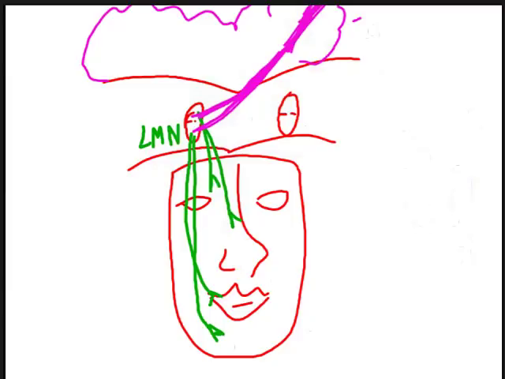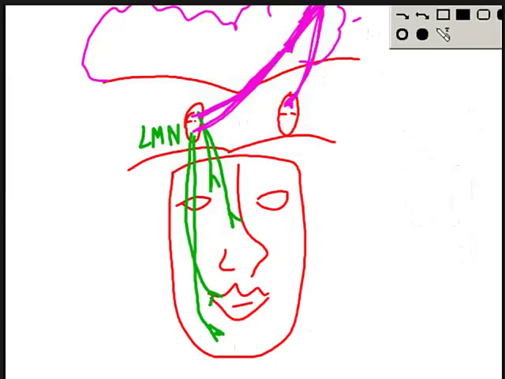So it's only this upper part of the nucleus which gets fibers from the same side. So in other words, it's only the upper part of the nucleus which is bilaterally controlled. The lower part of the nucleus is only unilaterally controlled. And if you look up here, let me use another color,